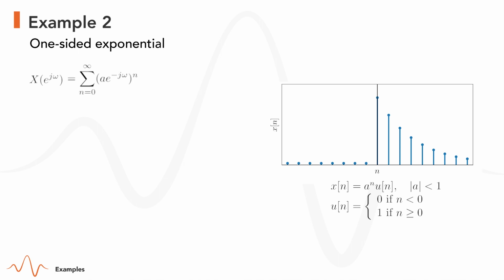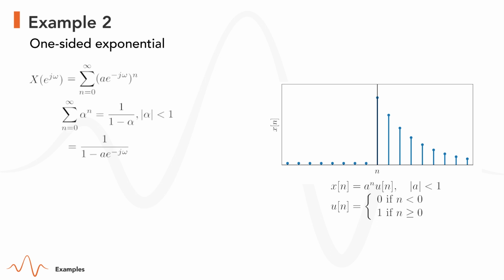We get then the summation of a geometric series with ratio alpha equals a e to the power of minus j omega from 0 until infinity, and we have a formula to compute this, which basically tells us this summation is 1 over 1 minus alpha, provided that the absolute value of alpha is less than 1, and this is ensured by assuming that a is less than 1. We then get 1 over 1 minus a e to the power of minus j omega,